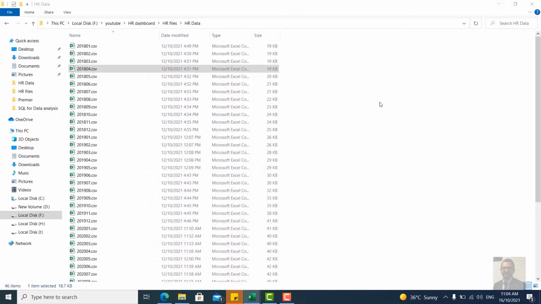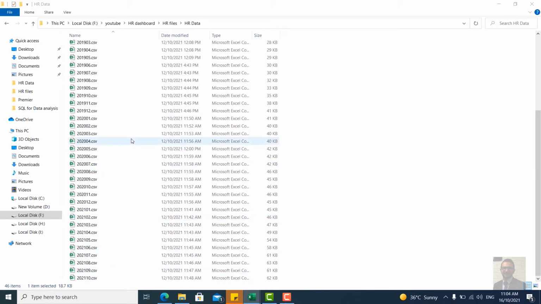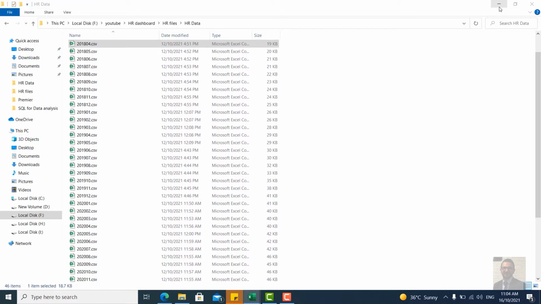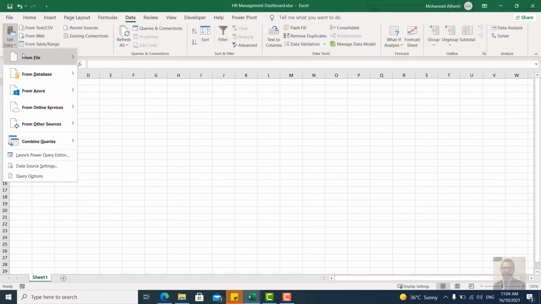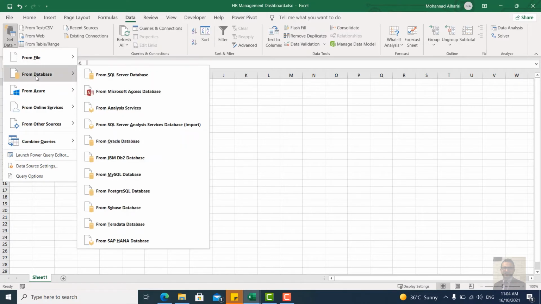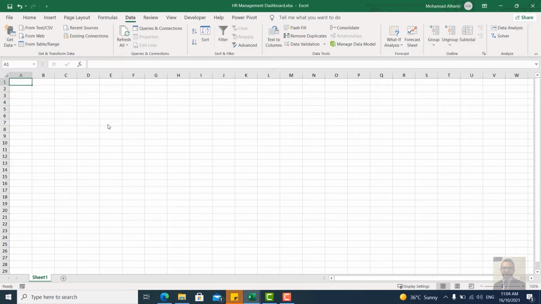Let's start connecting this data. Actually, we have 46 files. Let's connect them to our Excel file. So we create a new HR management dashboard, we name it, and let's get the data from Home as usual. From Data, Get Data, and from File, and instead of importing file by file, let's import the whole folder. So let's go from folder,